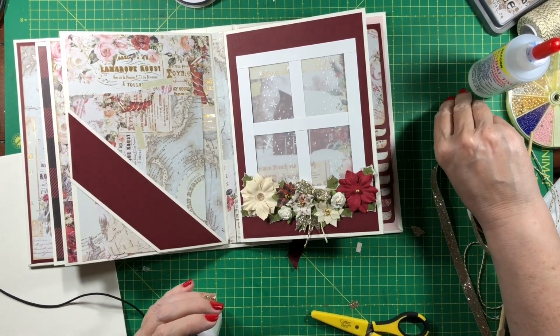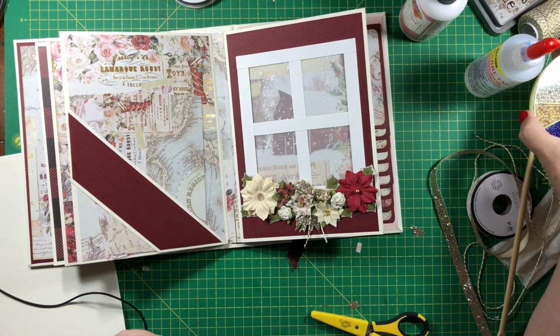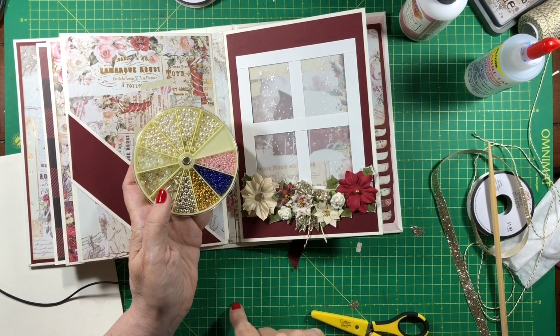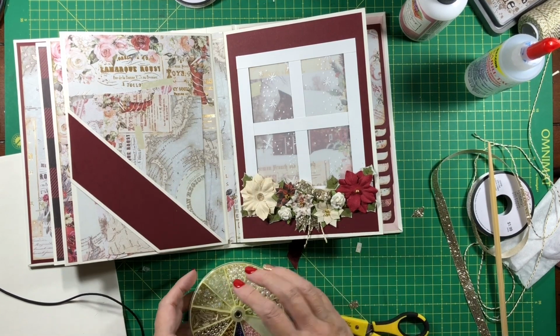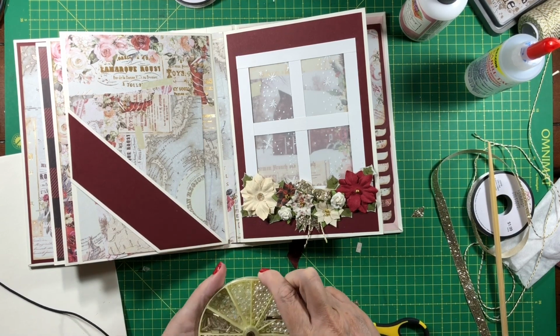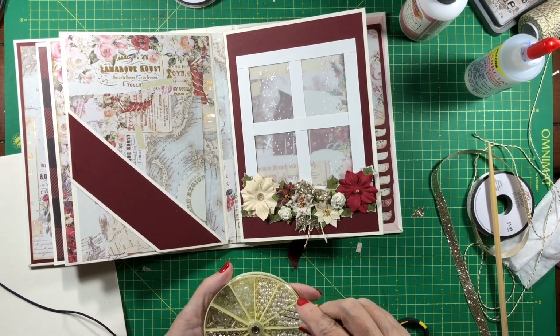And what I'm thinking I might do, but I'm going to wait and see, is possibly add some little pearls or silver beads just to offset the gold, because there's a lot of silver in this bow, and the glitter is silver and gold. So let me see. I'm not going to do it now, but I pulled out a few to show you. You know, like,